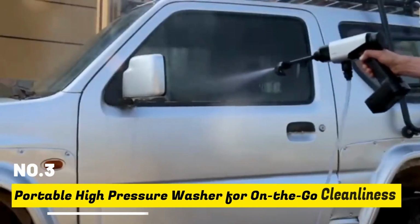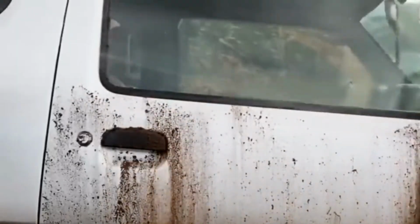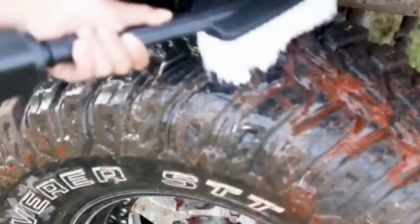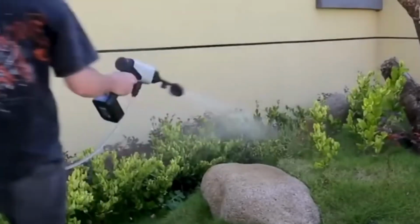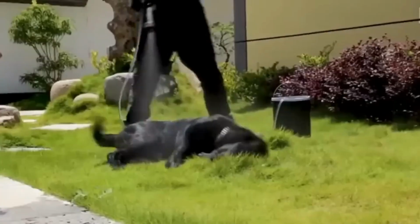3. Portable high-pressure washer for on-the-go cleanliness. For those who value cleanliness, a portable high-pressure washer is a game-changer. This compact device delivers a water jet 8 to 10 times more powerful than a standard faucet, reaching 6 meters in just 10 seconds. Battery-operated, it offers 90 minutes of use per charge and can draw water from various sources,